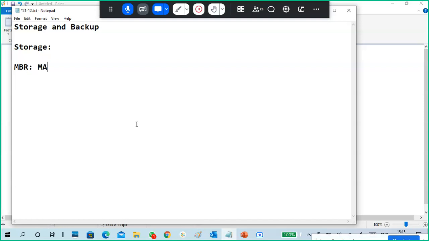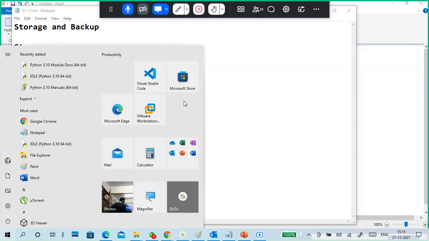MBR means master boot record. GPT means GUID partition table.